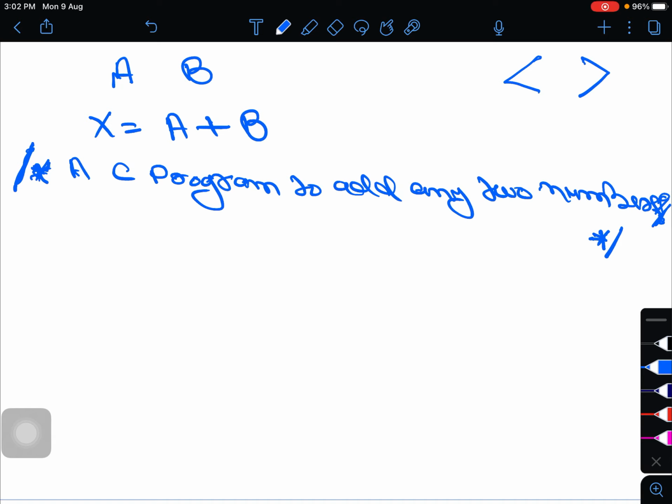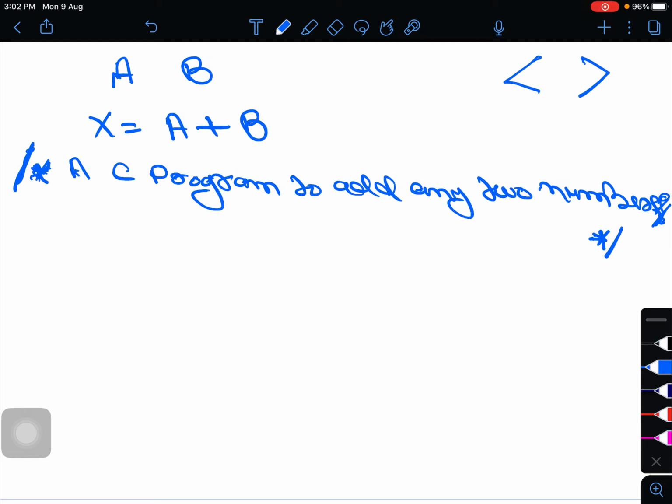Means the opening and closing brackets are in the opposite direction. So at the start of this line, first is the forward slash and after this star. So for closing, at first we will write star and after this forward slash.